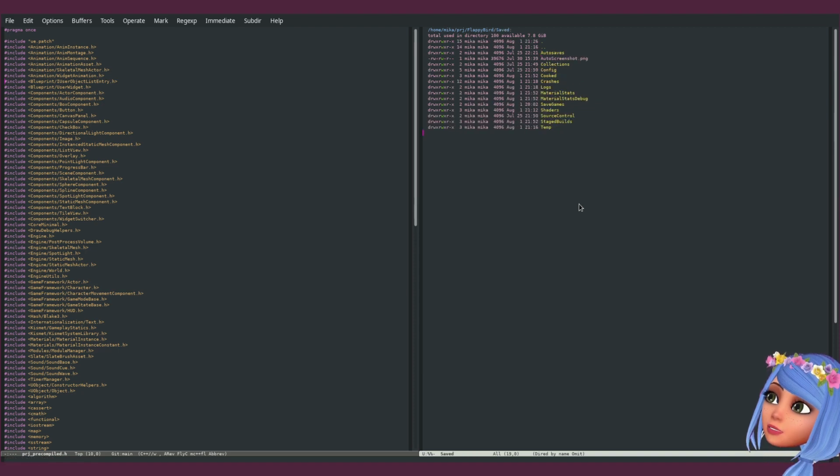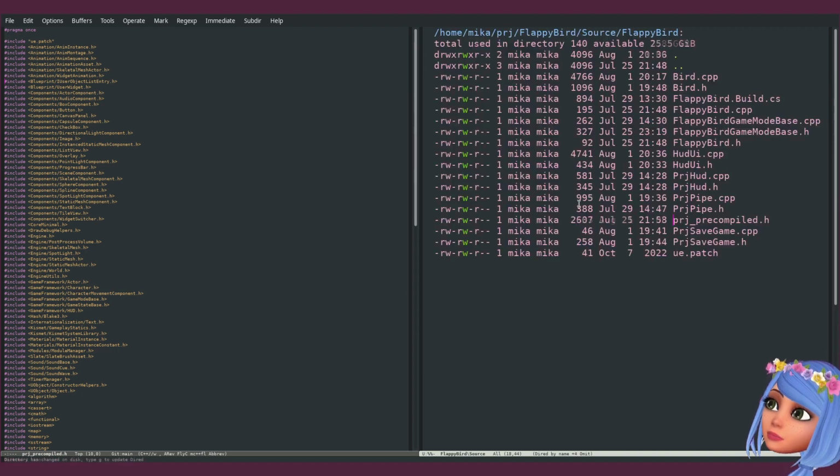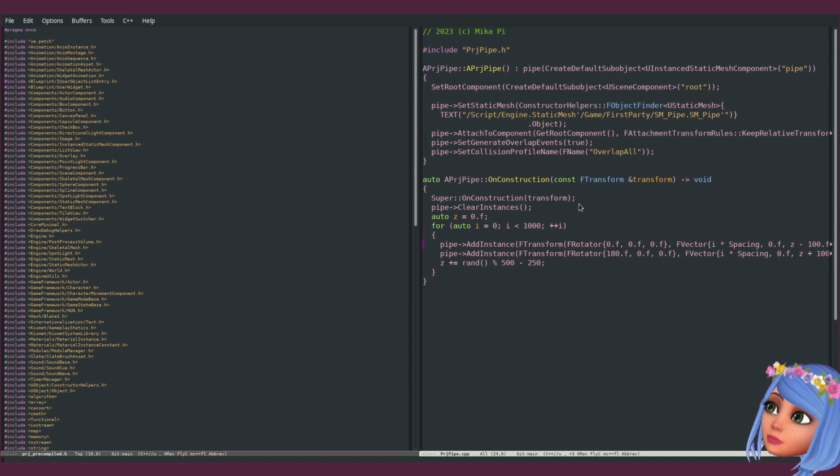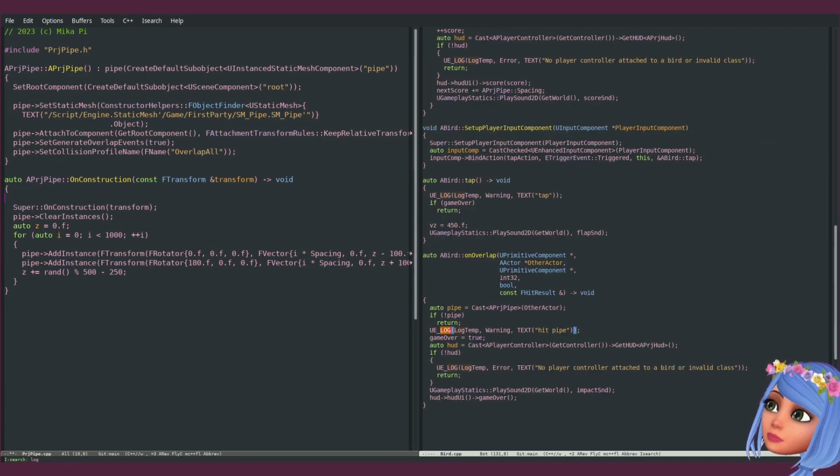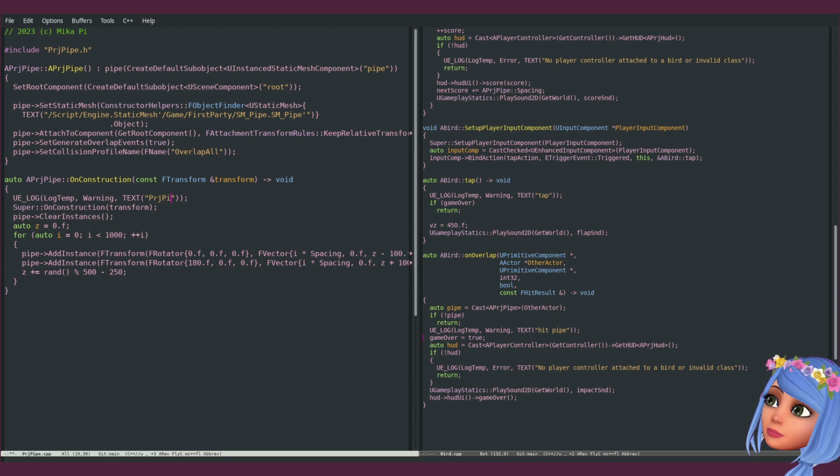Let's add the log lines. So project pipes on construction, and let's add the log here. Project pipe on construction.